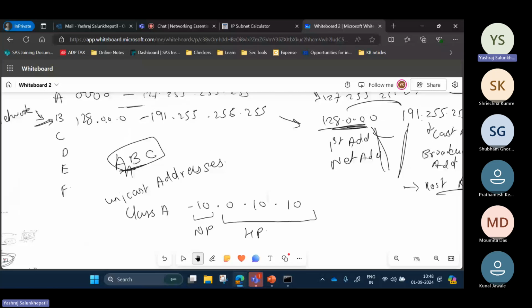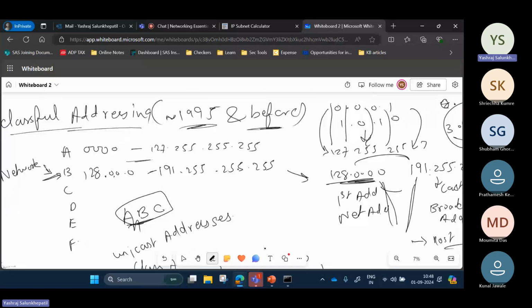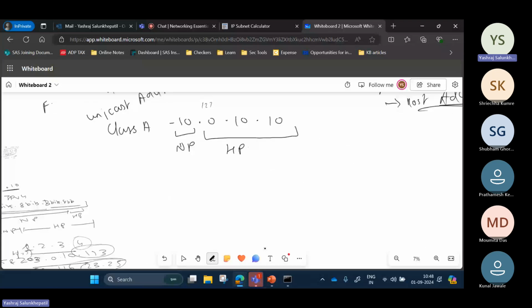You can verify based on the range up to 127.255.255.255. So the first octet goes from 0 to 127, and the others go up to 255. For class B,